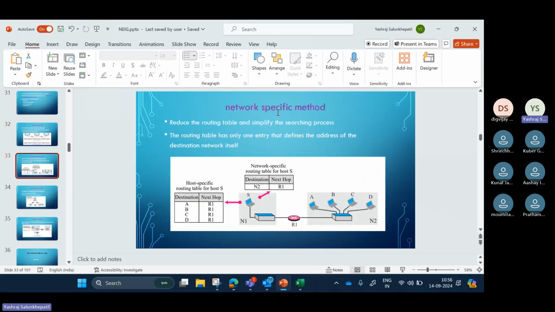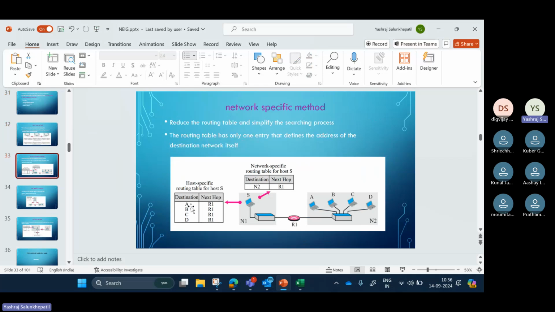Okay. Next, network specific method, reducing the routing table and simplifying the searching process. So the routing table has only one entry that defines the address of the destination network itself. The host specific routing table for host S. Please note this is a host specific routing table. Okay. So destination is A. Every one of these PCs is connected to router 1.